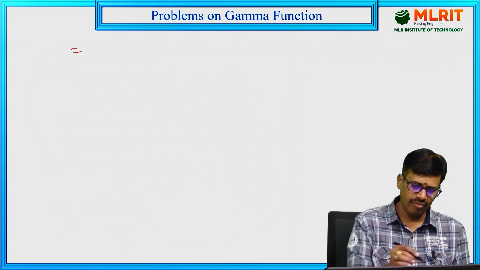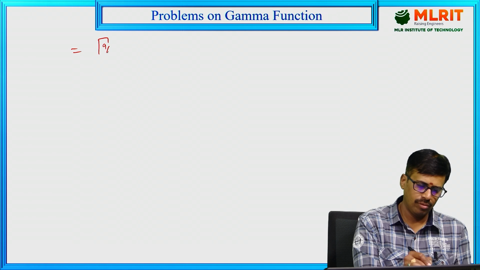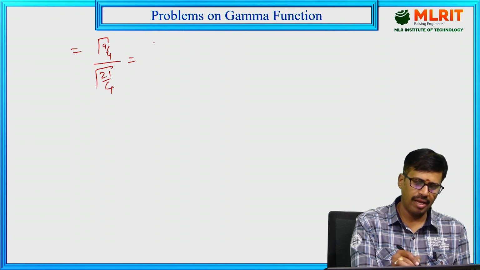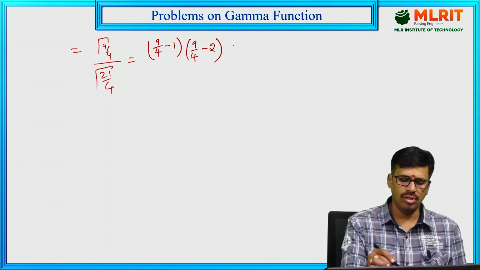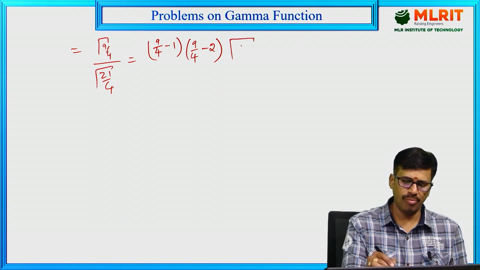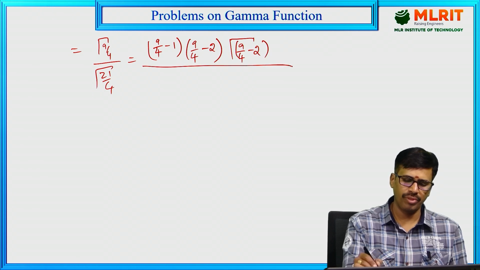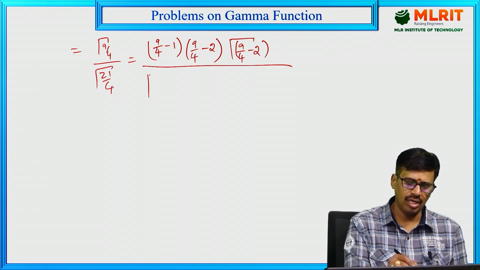gamma 9 by 4 by gamma 21 by 4. So gamma 9 by 4 can be written as (9 by 4 minus 1) into (9 by 4 minus 2). Suppose if I write 9 by 4 minus 3, it will be negative. So stop it here, into gamma (9 by 4 minus 2), divided by gamma 21 by 4, which can be written